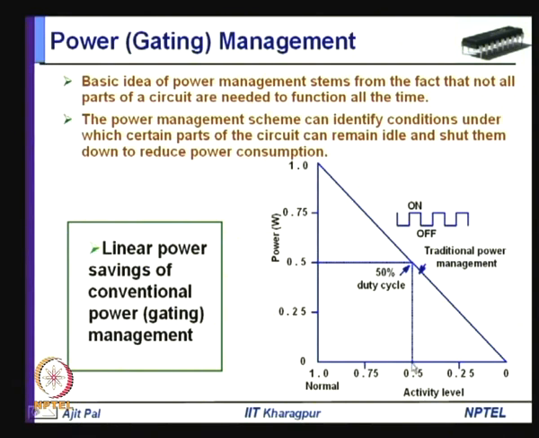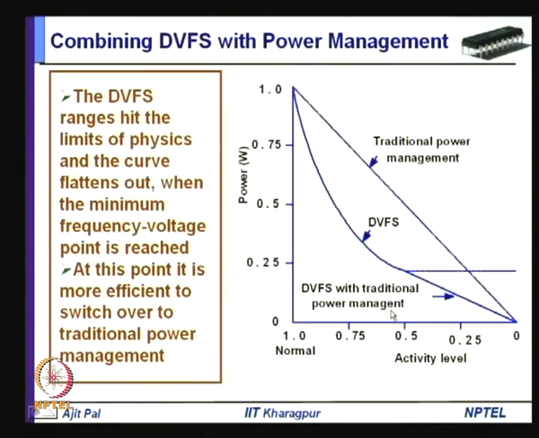If the activity level is 0.5%, there is a power saving of 50%. So, the reduction in power dissipation takes place linearly depending on the activity level. So, depending on the performance required, you can control the duty cycle of power gating and reduce power dissipation. On the other hand, we have seen that in dynamic voltage and frequency scaling, depending on the